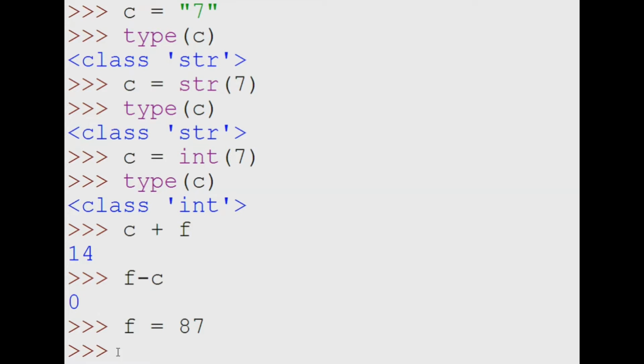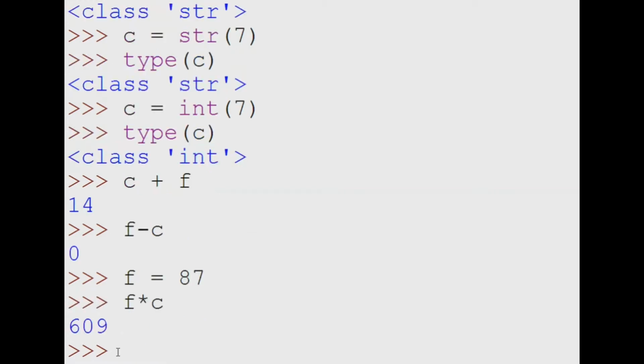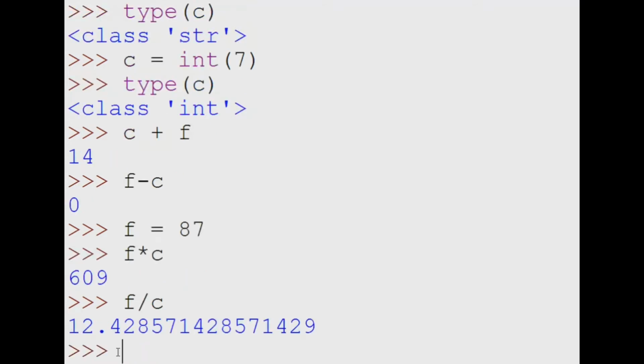Now we can use star in Python, f into c, and it will give us the answer 87 into 7. And if I type f divided by c, it will give us the value. We can use Python as a calculator also.